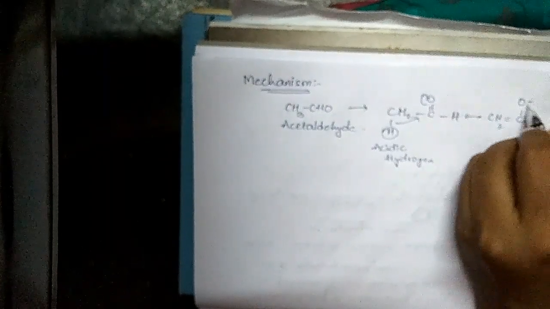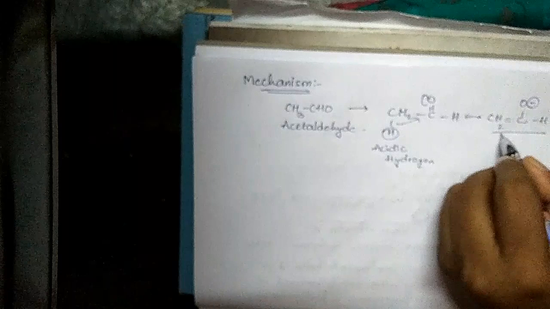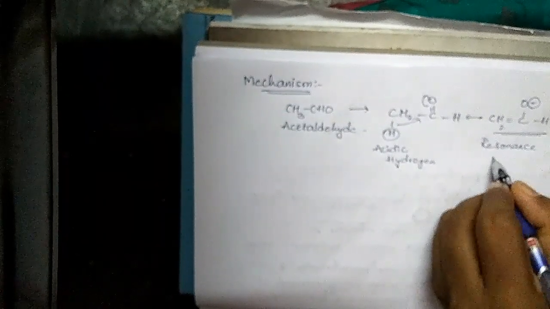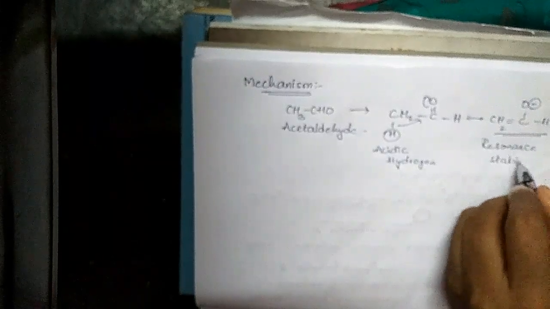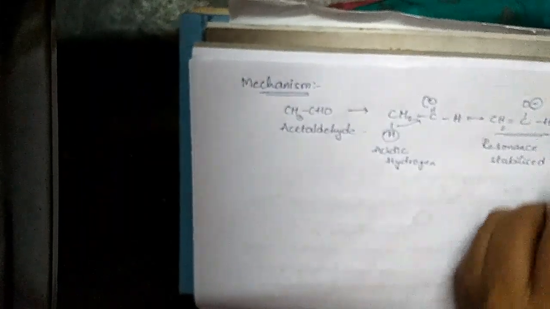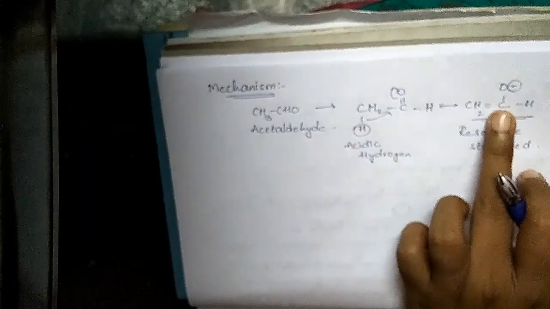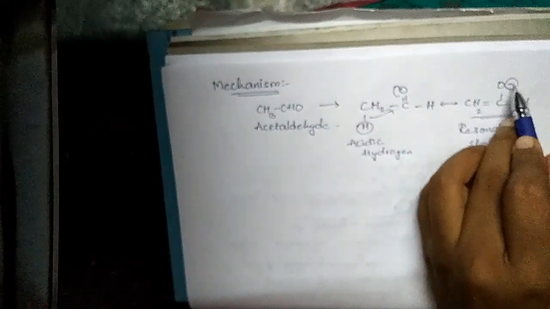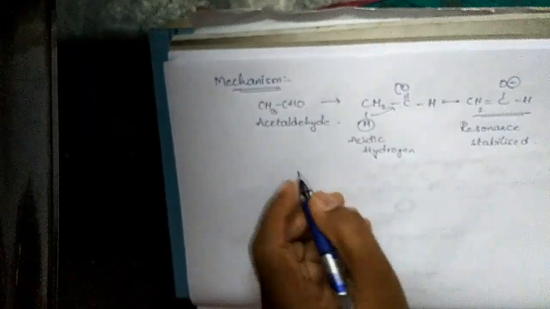This is the resonance stabilized species, that is carbanion. And this compound, that is CH2 minus C double bond OH,